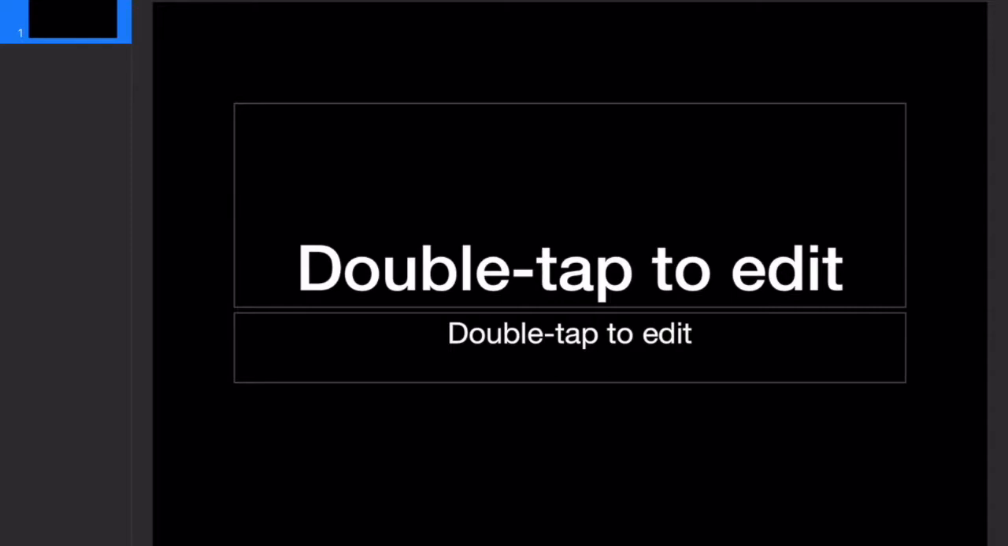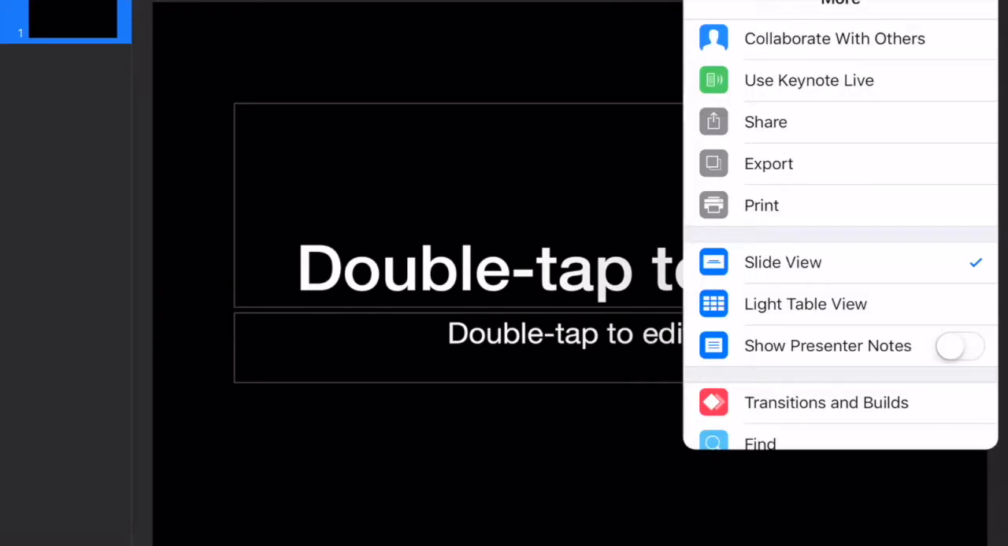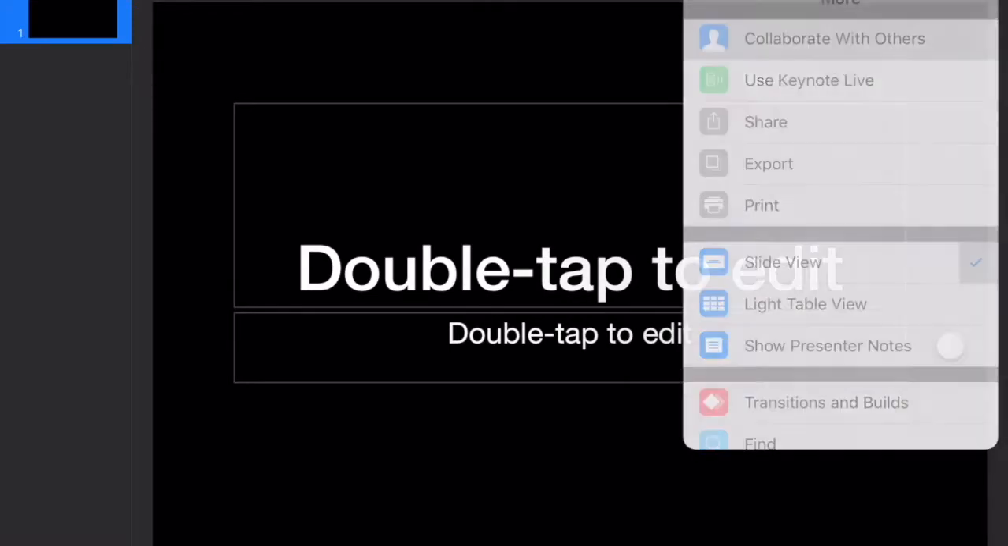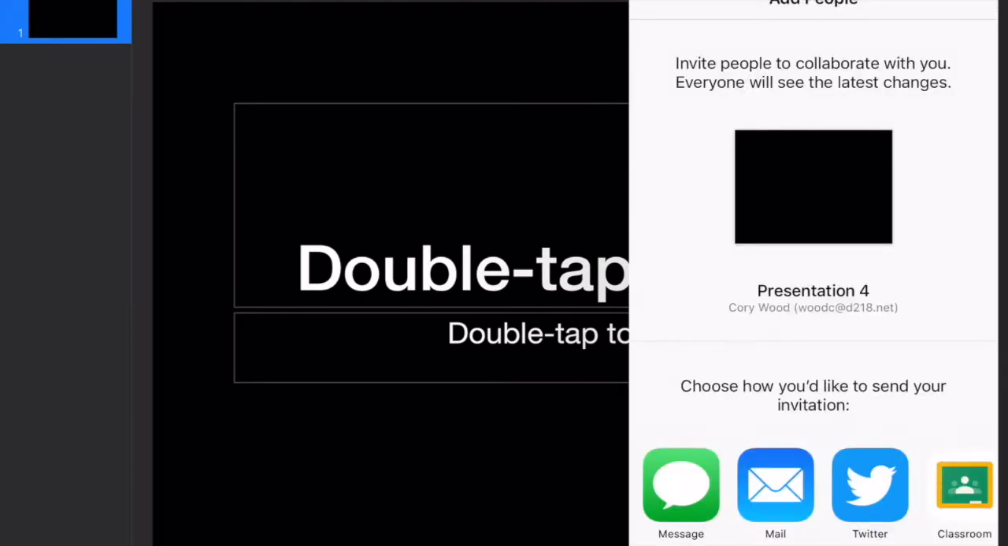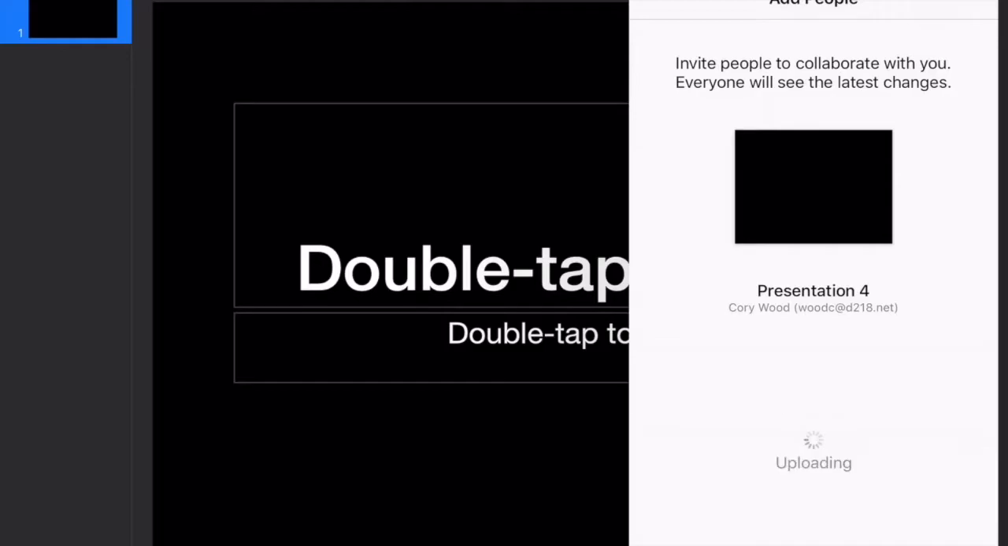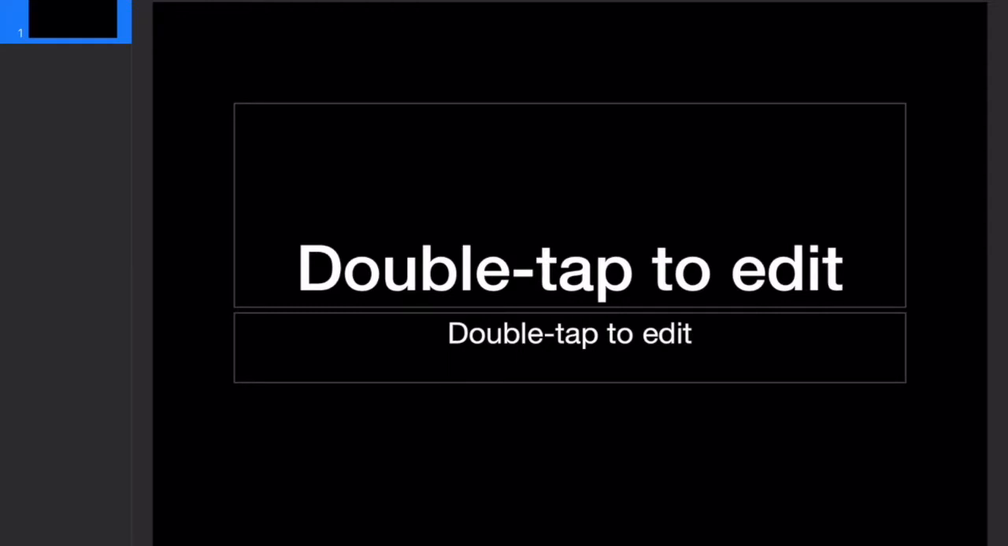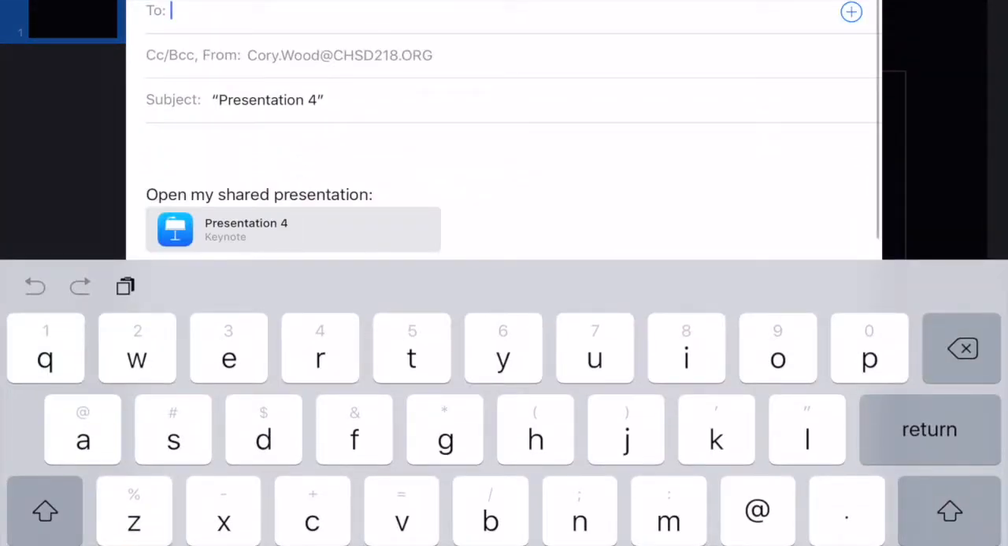So if I'm the one person who's going to own the document, the one person in the group that's the leader, I'm going to open a document. I'm going to click on the three circles, my More button. And then it's as simple as tapping Collaborate with Others. I'm going to get a little panel up here. Now for students, the easiest way to do this is to just email the collaborative link. So if I tap on email, it's going to pull up an email, and I would just type in my